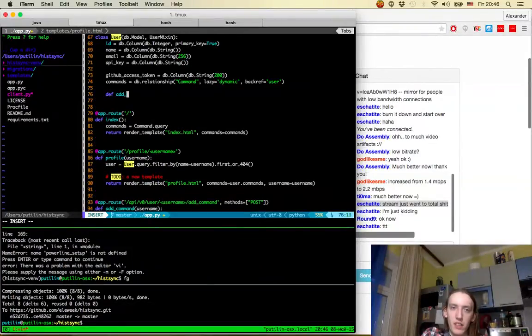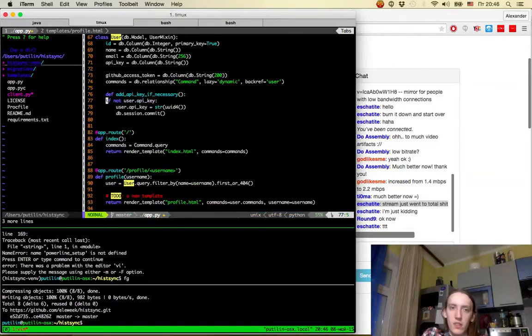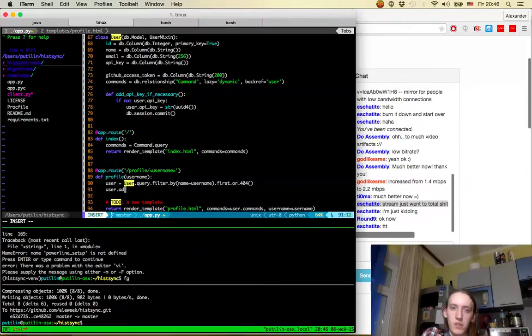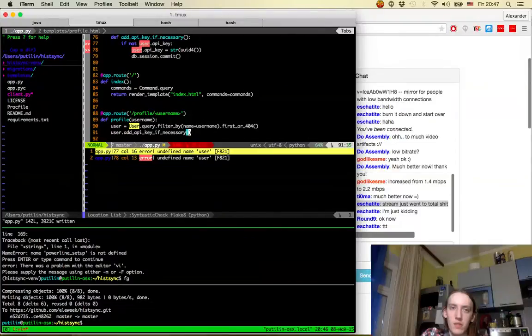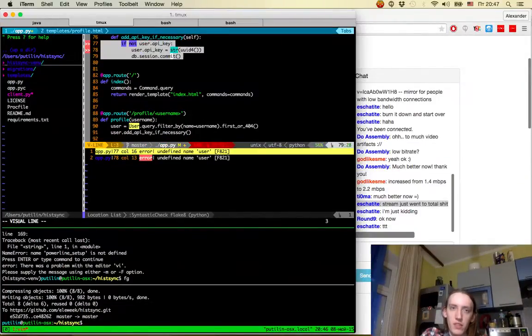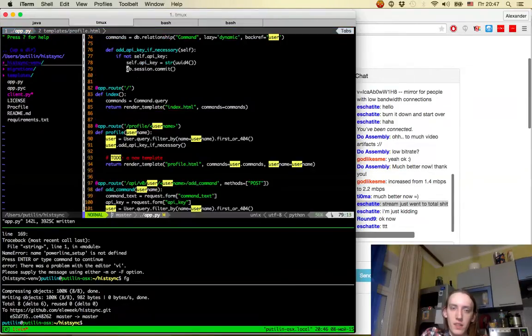Let's call it add API key if necessary, and let's just paste it here. Yeah, of course we need to replace user with self here, and